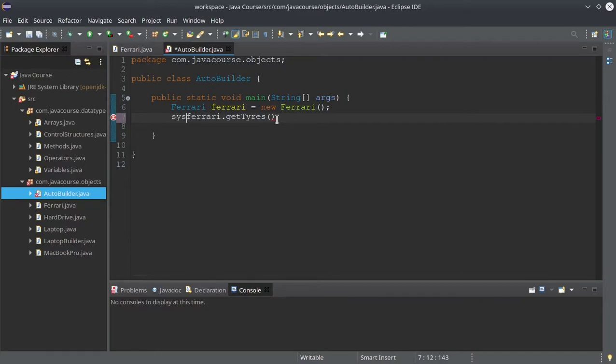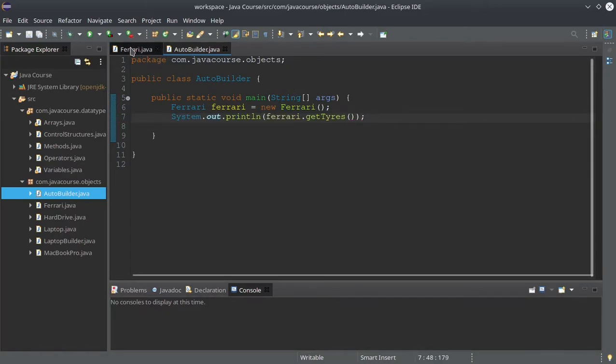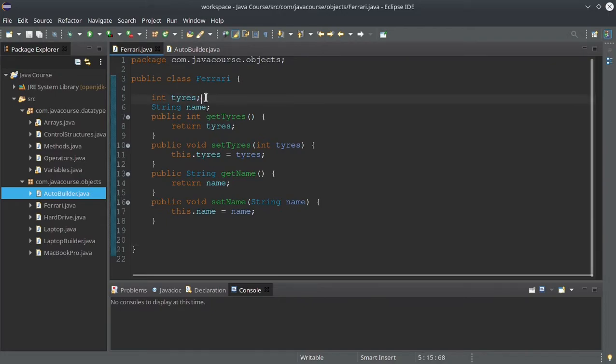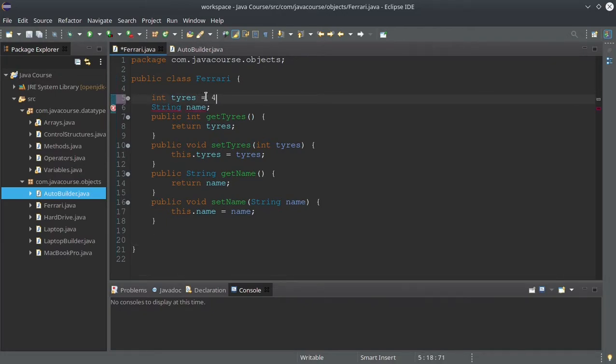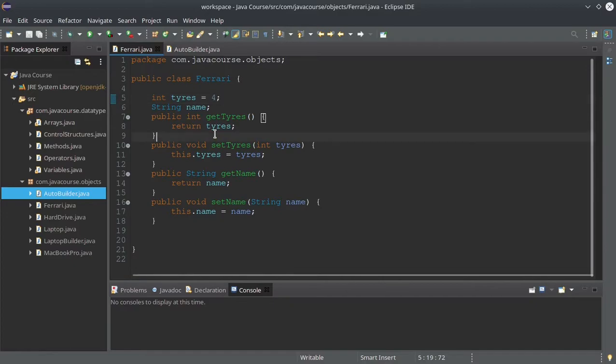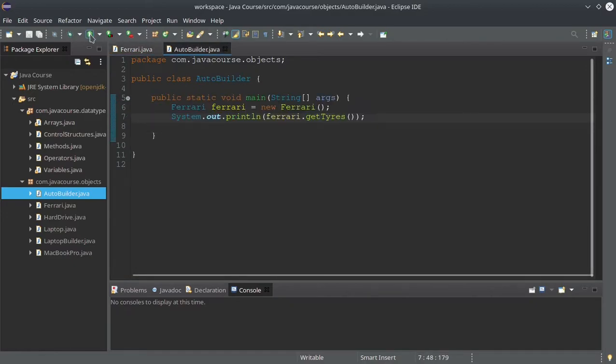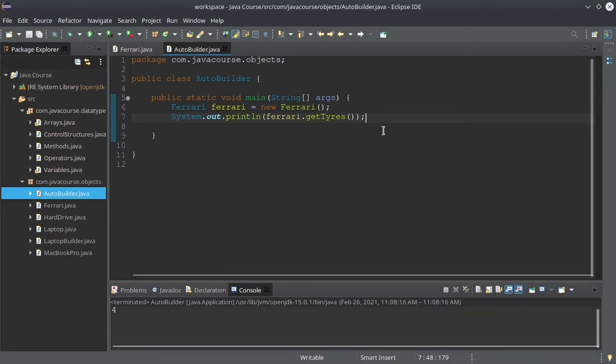I can print this value. And that's it. So here I want to give some values. So let's say this is 4 because it's a car. Okay. So, that's it. Now, if I run this program here,